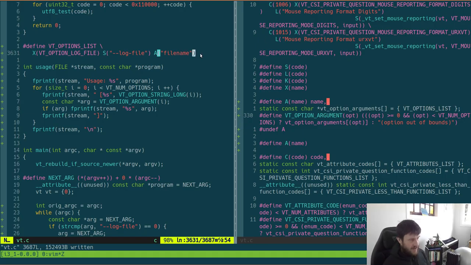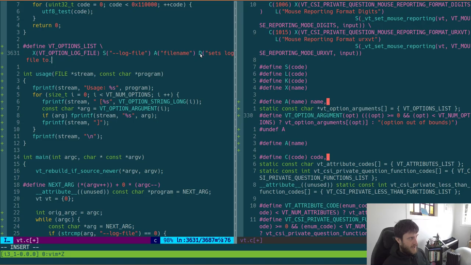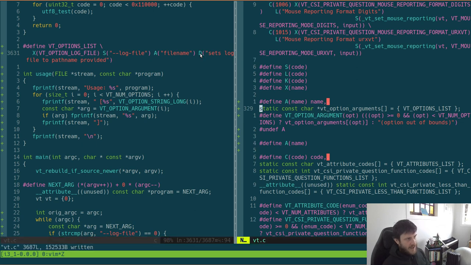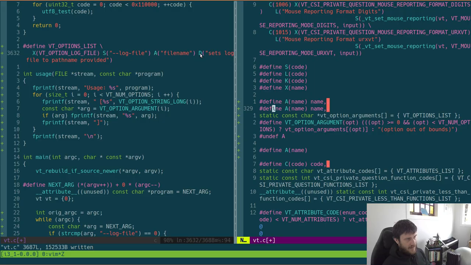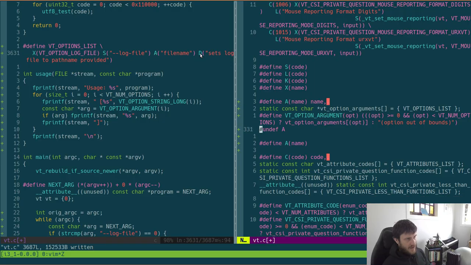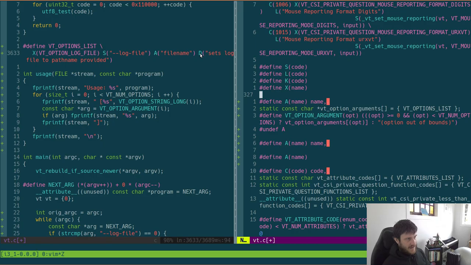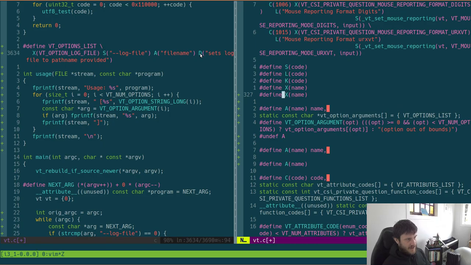So like each of these things you could also pass in maybe a description, like set log file to path name provided, and something like that. And over here you would have a similar thing. You would need to